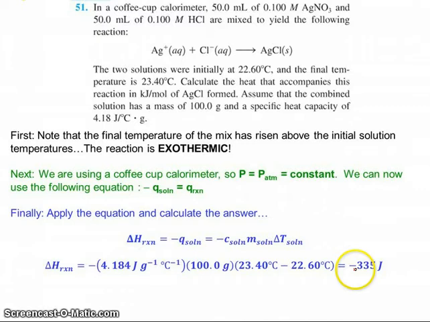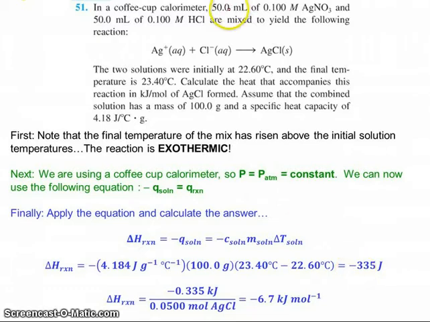That's for the reaction as written. That's not per mole how they request it. And so we need to do a little conversion. So I'm going to take my negative 335 joules and on the fly convert them to negative 0.335 kilojoules by dividing by 1,000. I'm going to look up here and notice that if I use